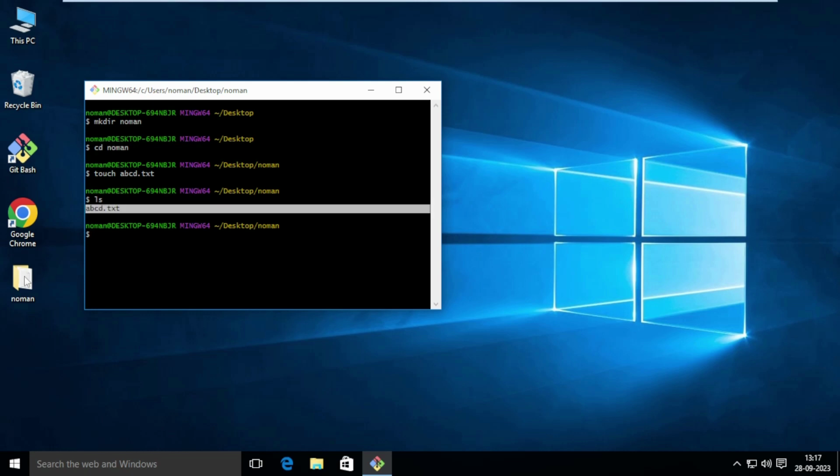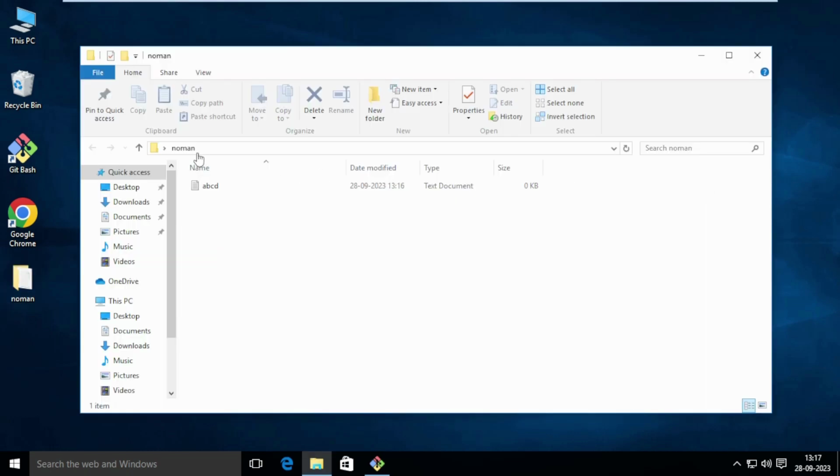Similarly, inside our folder, open it. This is our folder that we have created, and inside is the txt file that we have created now with the help of a Linux command in our